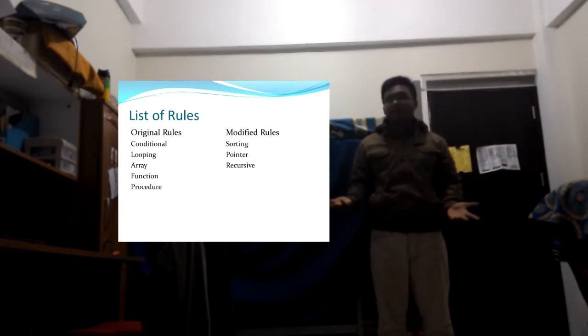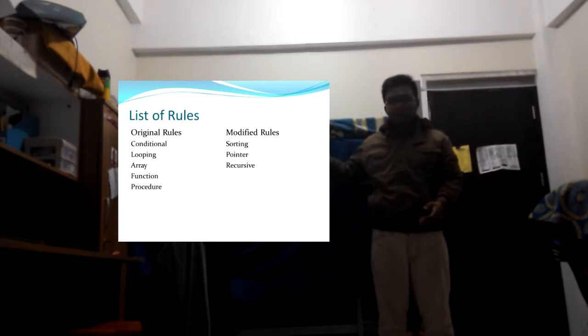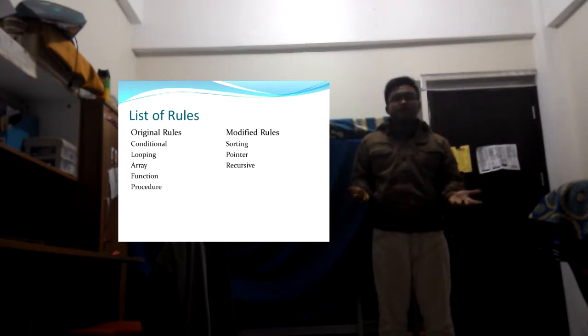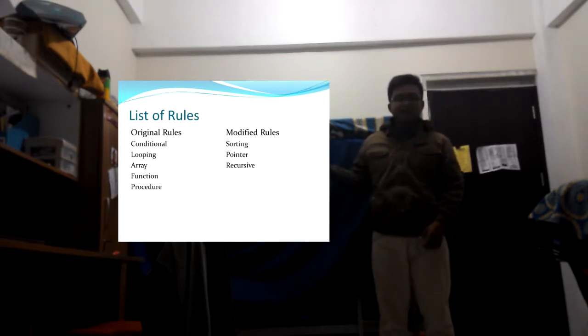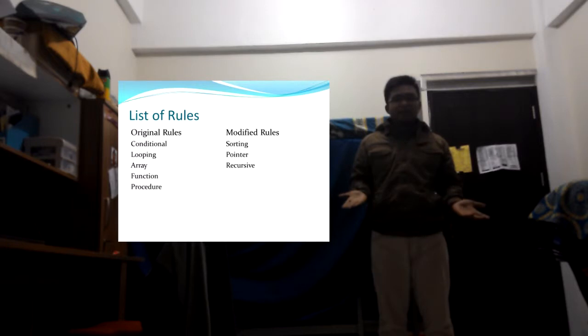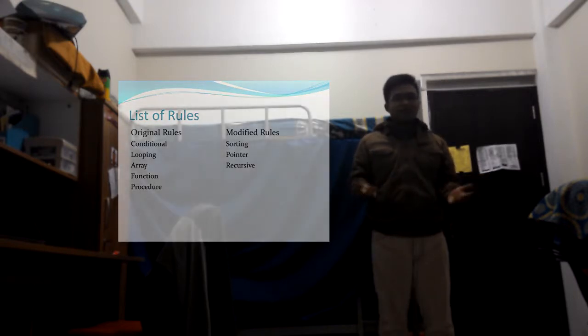And there is recursion. It's actually one of the modified rules. The modified rules are the manipulation of the original rules. It can be a modification of an original one, or a mix between the two original rules to make brand new modified rules. For example, the recursion I mentioned before is actually a mix between the function and the looping. These functions are to make sure the program loops itself with a trigger or with a limiter.